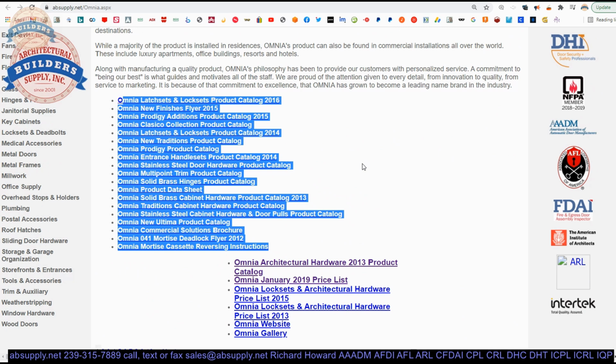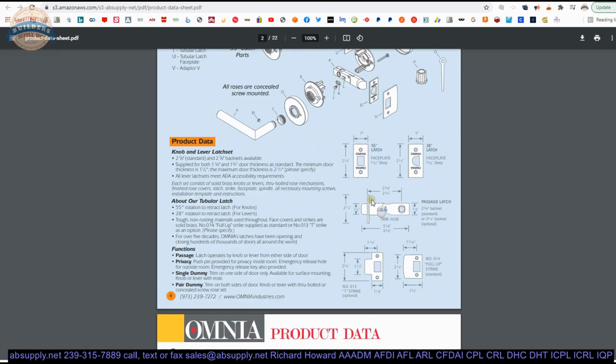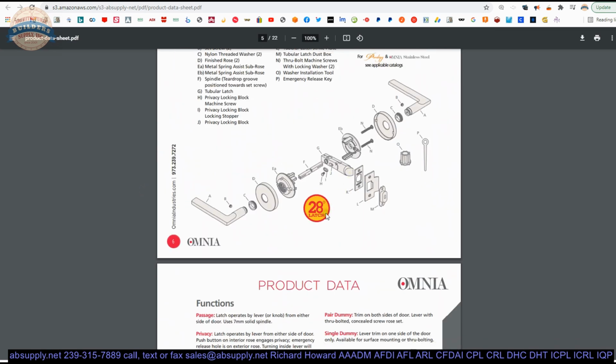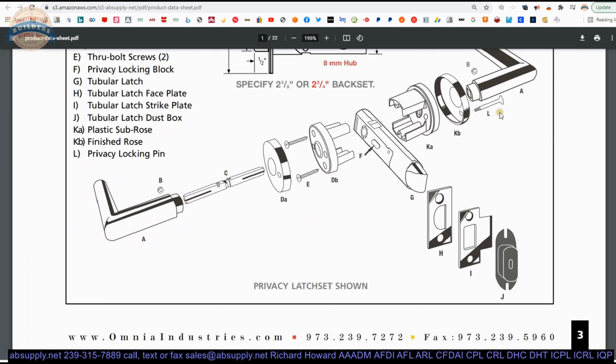Obviously, the website is what would be current, but it would still be nice to have a PDF export of that. The product data sheet, as seen here, will allow us to just take an overview of certain types of units. And having been through this a number of times, I can tell you that the privacy locks or sets are shown on the first couple of pages, and obviously we're dealing with part L,